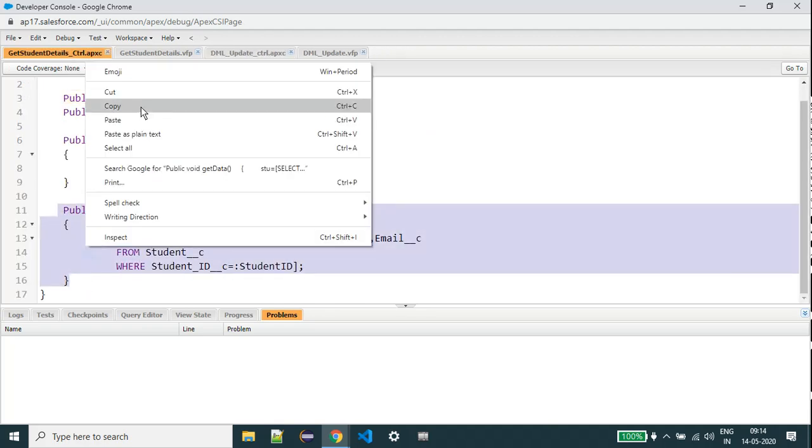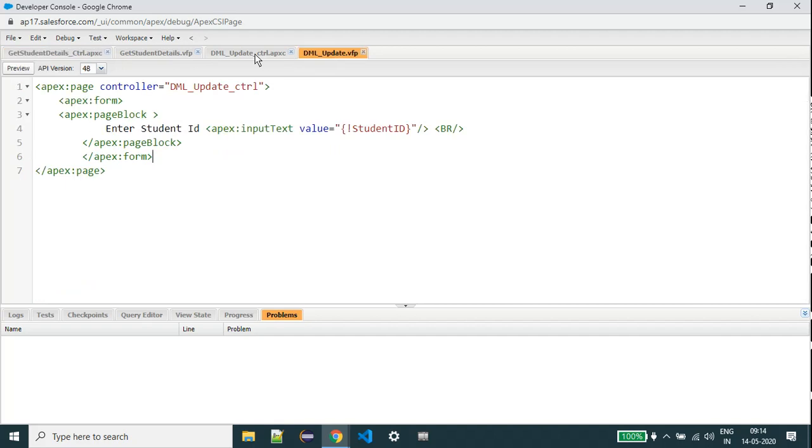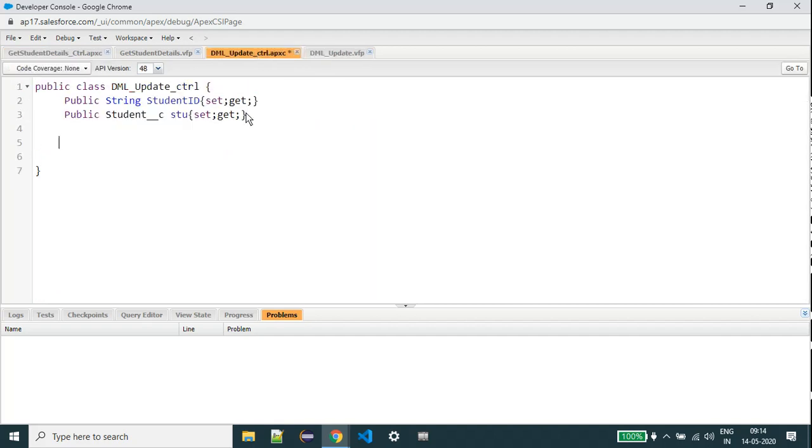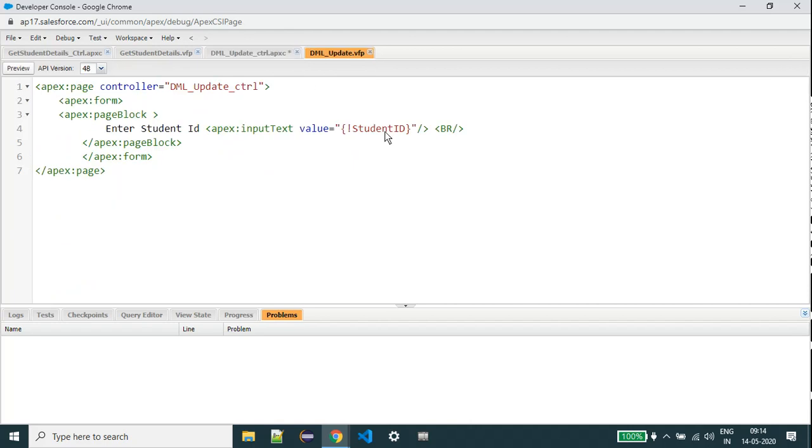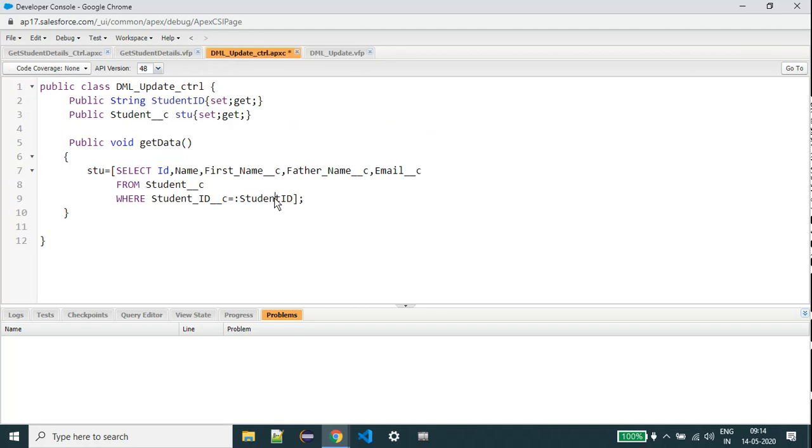So this is the query, right? In the getData method, what happened here? The end user enters the data here, right? So what do they enter? This student ID is held by the setter. It is set to that student ID. Then when we are querying here, which value is held by this student ID? That is the getter method. That is called the getter method.